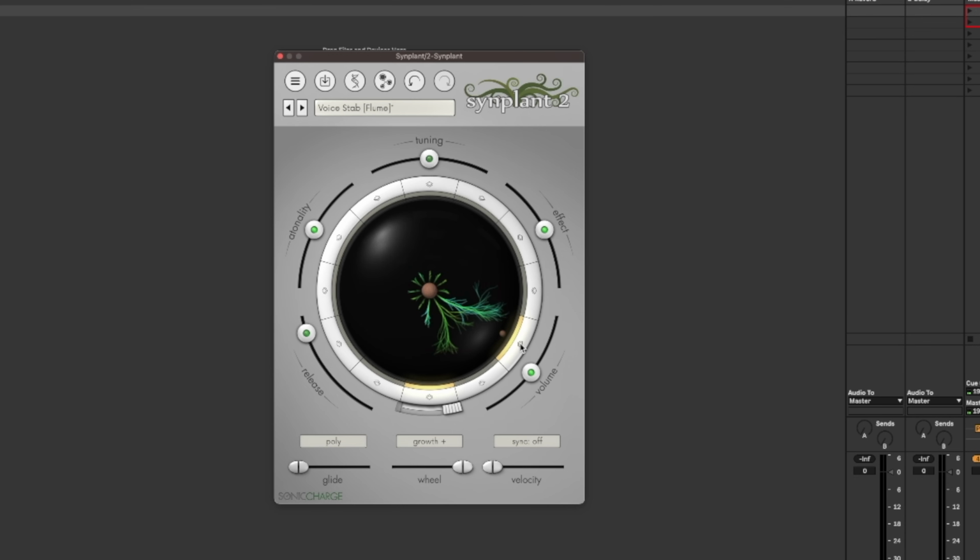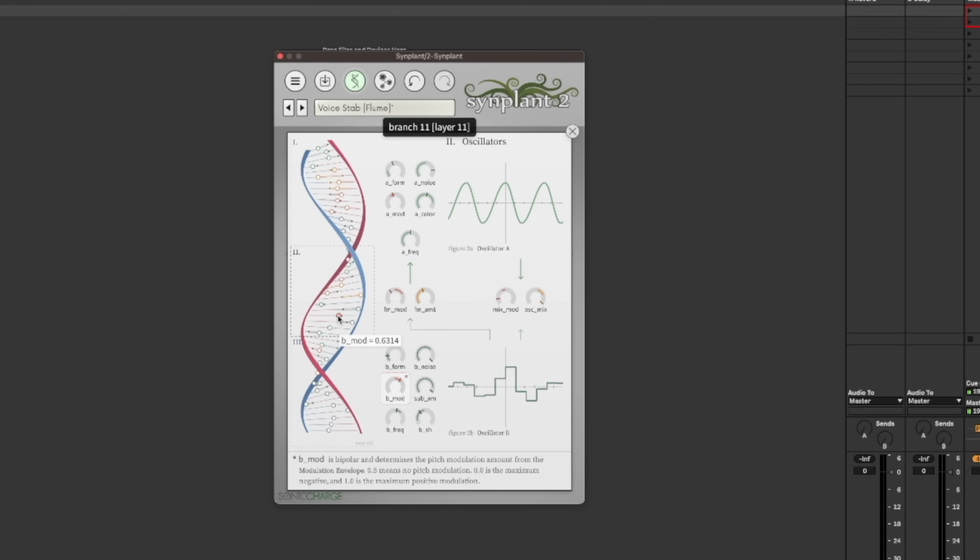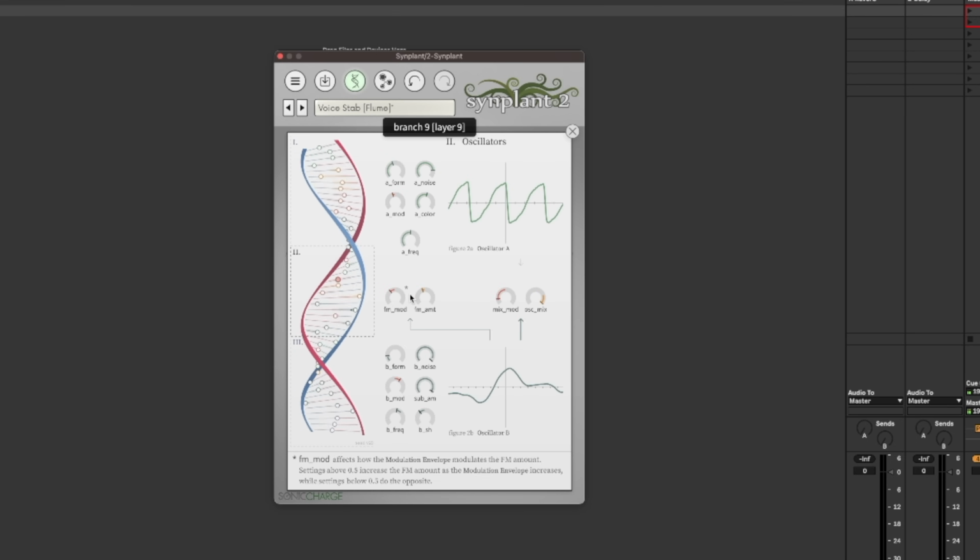I'm gonna add this layer. Nice. No, less of it. There we go. I made that voice stab my own. Jesus, how many layers is there in...